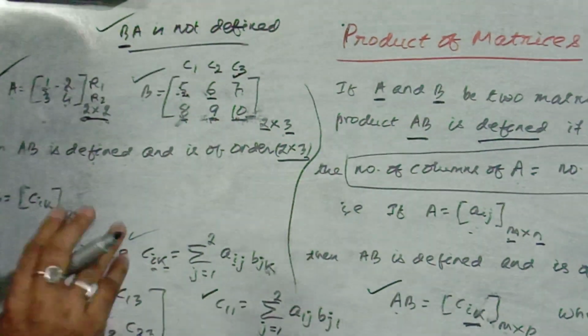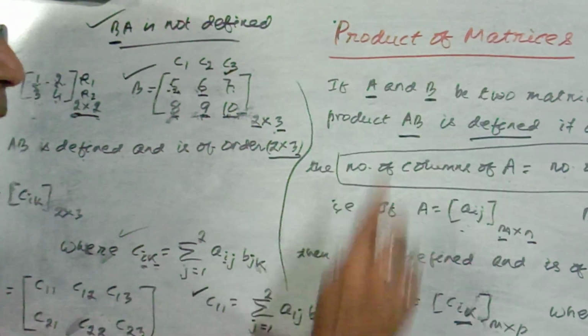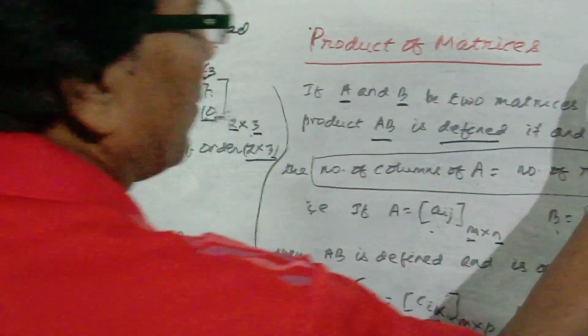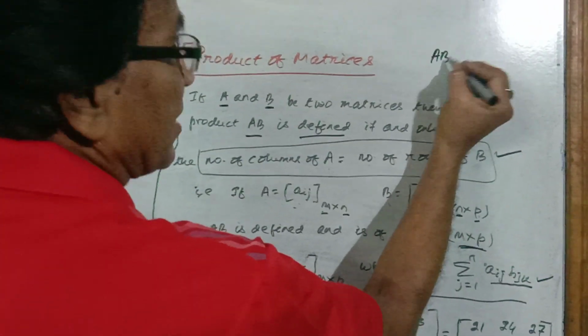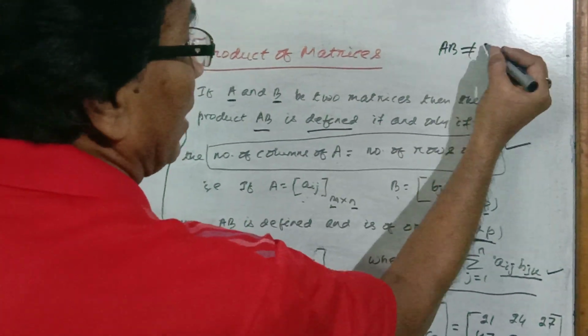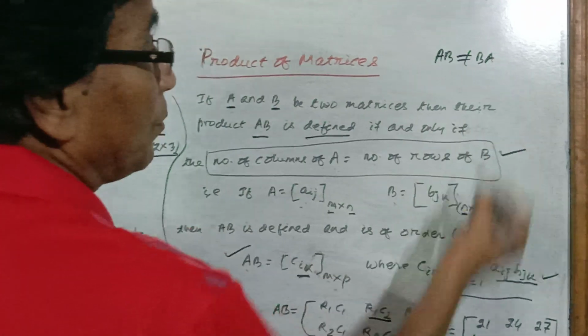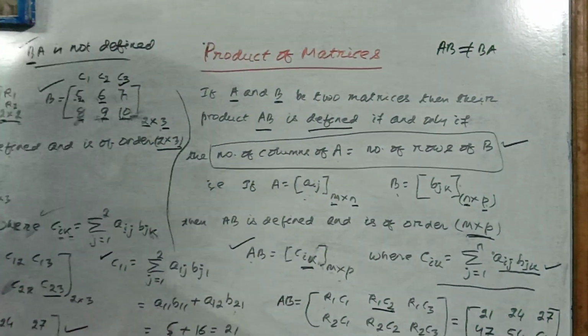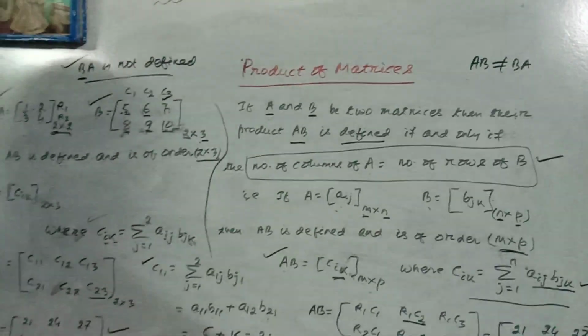That means we can say that the product of matrices is not necessarily commutative. That means AB is not necessarily equal to BA, because here AB is defined, but BA is not defined. So in the next